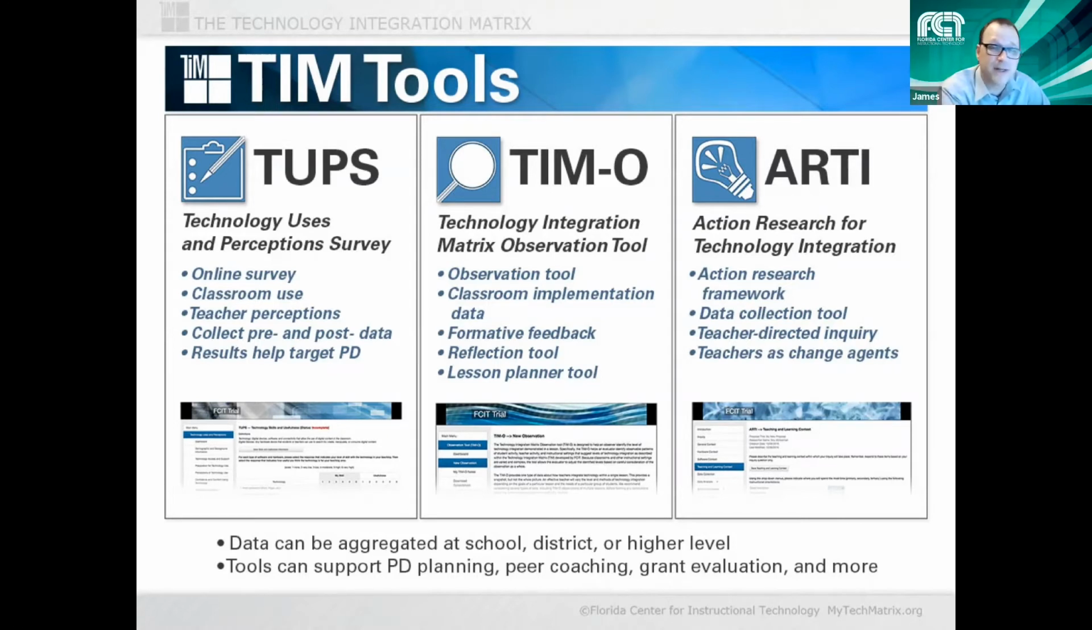One way to use it is as pre and post data. So you might have teachers take the TUPS at the beginning of the year, and then again at the end of the year, so that you can gauge the effectiveness of the professional development that you did throughout the course of that year. And in doing that, you might also, with your initial data collection, be able to target professional